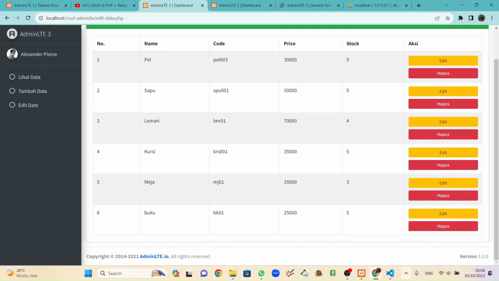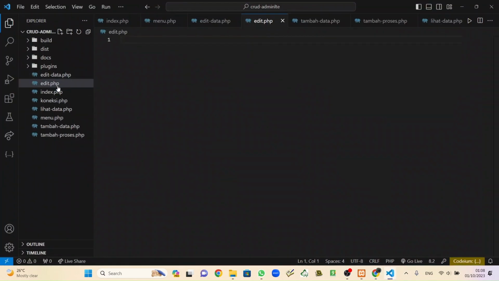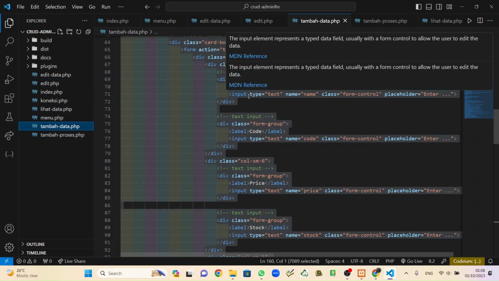Okay, edit data. We go back to VS Code, edit. We copy edit data from tambah data, all of that.